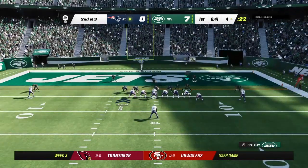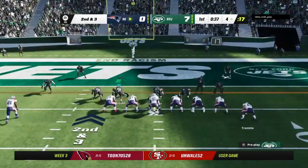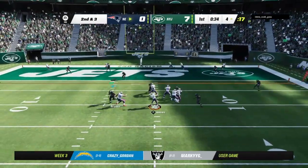Pretty solid execution here. And how about how everyone's handled their nerves? Because you know what it's like to start a ball game. You're so amped up and ready to go, and sometimes the execution...